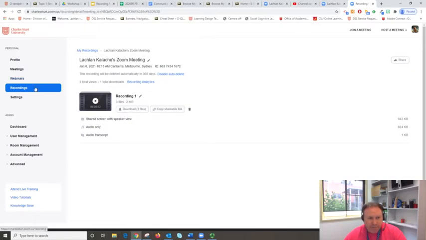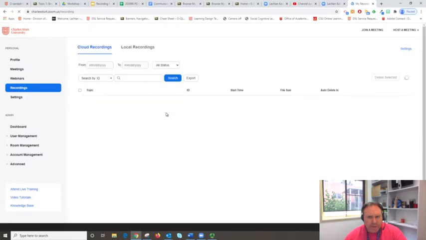So you can use the recordings tab in the back end of Zoom, the Charleston Zoom portal, to access your local recordings. You can come back and go looking for them, and you can find them in here. If we go back to that My Recordings top level,